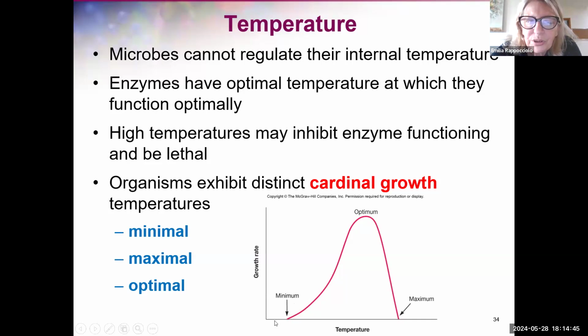Above the minimum temperature, there is an increasing growth rate, which keeps on going until you get the optimum temperature. Optimum temperature is when you have the fastest growth rate, and then above optimum, things start going wrong, and the cells start dying until you get to a maximum temperature above which the cells are dead and there is no growth. Yeah, so these three cardinal growth temperatures, minimum, maximum, and optimal, are the ones which can be defined